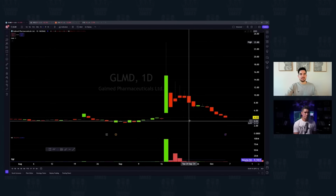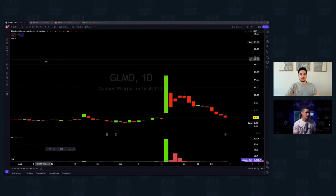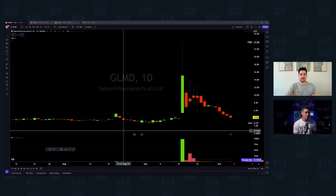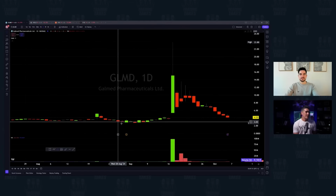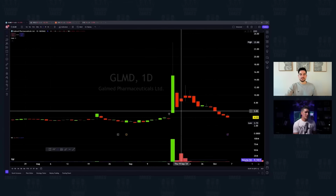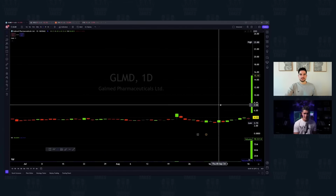So if we could get a more granular look at, if you were to play this on the long side, where would you be looking to really get in? Could you show an example of the dip that you might be interested in and where you'd be selling along the way? Yeah, so the interesting thing on a chart like this, let's go pre-split, pre-pump,